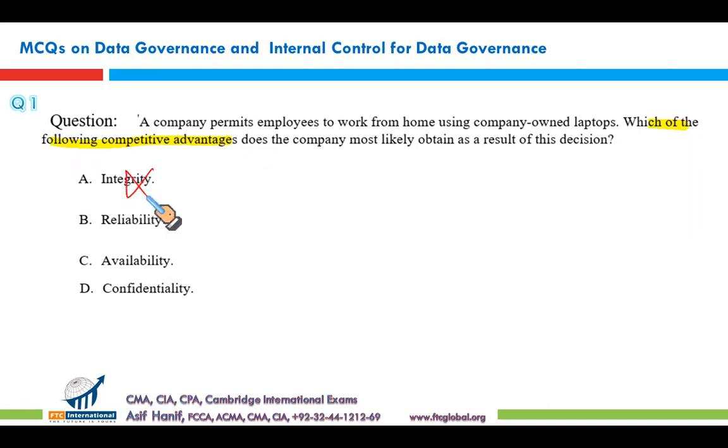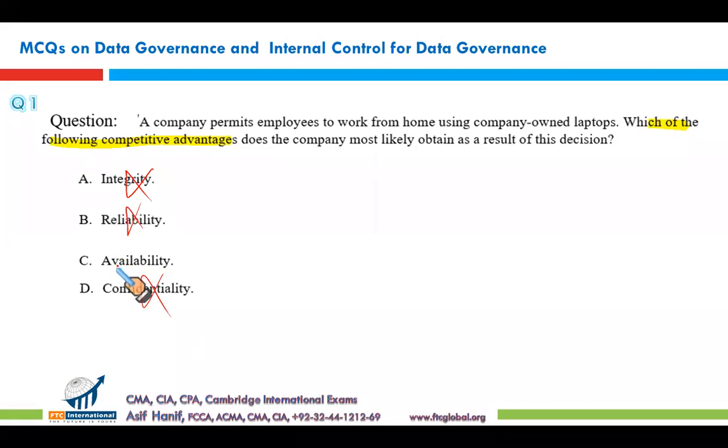Integrity. Working from home doesn't ensure integrity. Maybe your system is on, your Zoom is on, but your camera is off and you are dancing. So where is the integrity there? So you cannot ensure integrity when you're working at home. Reliability. I can't rely on that when you're working from home. This issue is still questionable. Confidentiality, wrong. Confidentiality could be at stake when you work from home. Maybe the organizational data is at your home, so there is more probability that the data might be used by someone who should not have access to it.